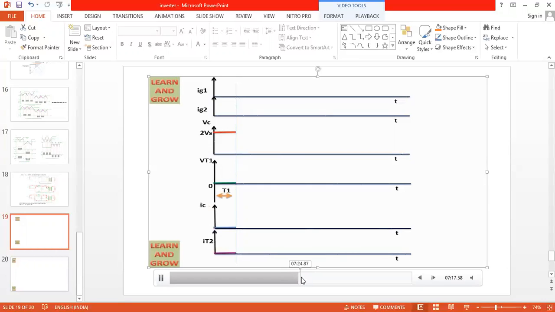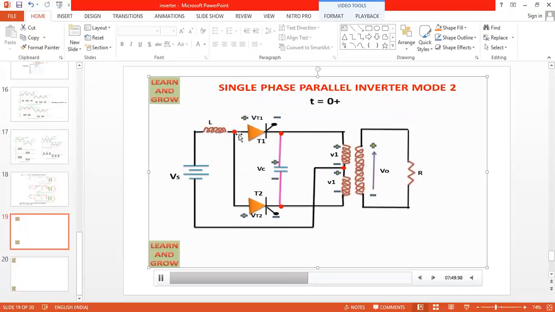When we complete mode 1 and mode 2, you'll understand. Now come to mode 2. What is the explanation? With the help of the forced commutation circuit, we turn off the main SCR T1, and now the firing pulse is given to T2. Now you see, the firing pulse is given to T2. The direction of the current starts from Vs plus to the inductor. From the inductor, the current is flowing through T2, SCR2. SCR2 is on. From SCR2, the current flows through the center tapped point, because already the capacitor is fully charged.